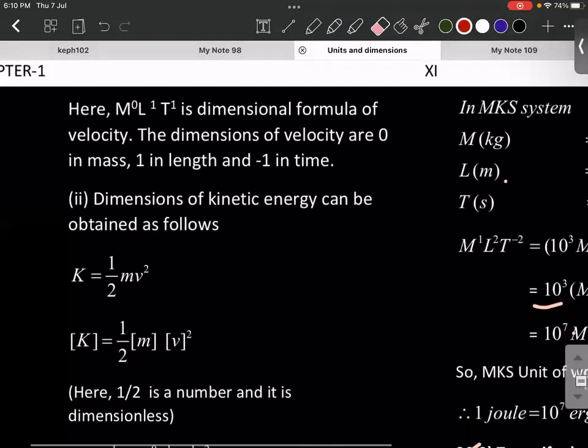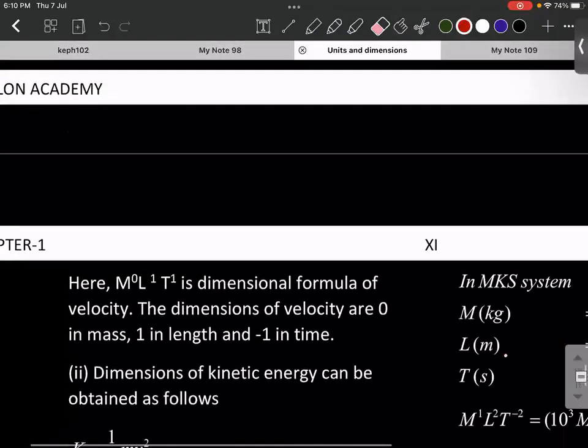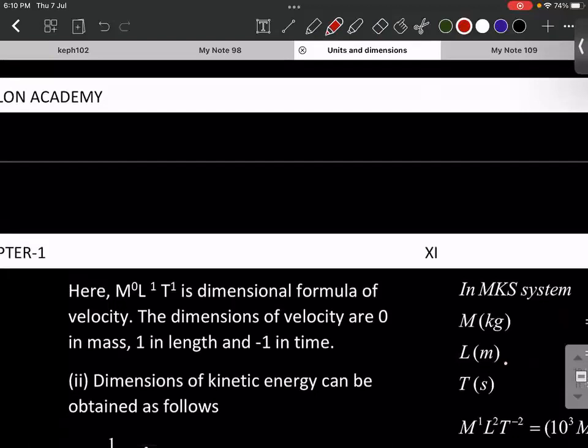Okay. Suppose I give you the task like this. Obtain the dimensional formula of kinetic energy. Try to write it on your own. Write down the dimensional formula of kinetic energy. For that you need to know the formula for kinetic energy. What is it? Half mv square. You know this, right? The kinetic energy, half mv square. M stands for mass. V stands for